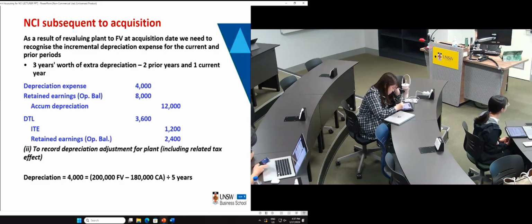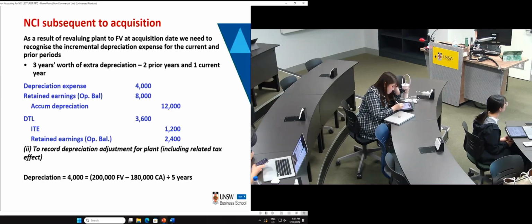Now then we're going to show the tax effect of your adjustment. Depreciation expense increases, which would decrease the group profit, right? And therefore decrease the income tax expense of the group. 30% of 4,000, there is a credit ITE for 1,200. You also need to carry over the prior 2 years ITE adjustment, which is based on 30% of the prior 2 years depreciation adjustment, right? So 30% of 8,000, you credit retained earnings 2,400. So this represents the prior 2 years ITE adjustment.